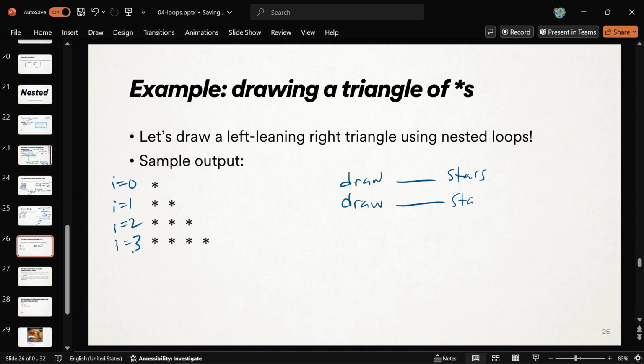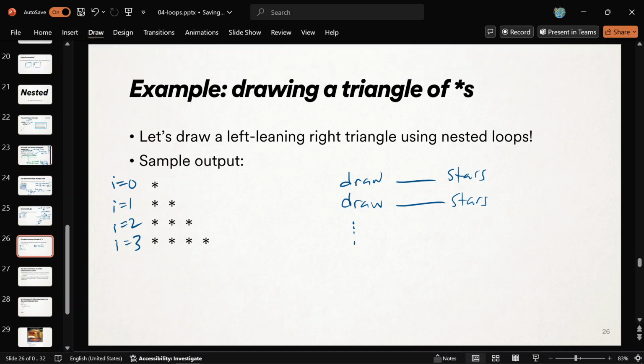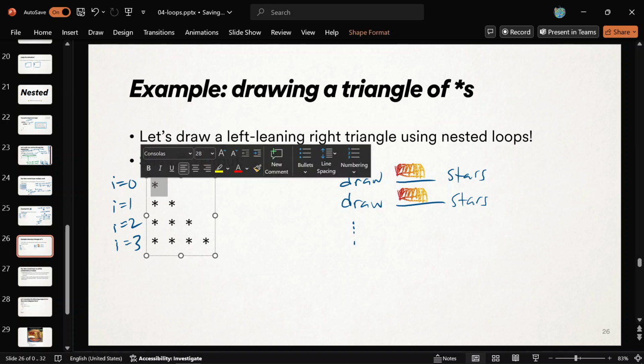And that's what is repeating, right? When i is ranging from 1 to 3, I want to draw blank stars where what I put in blank is the same calculation. Whatever I put here, it's got to be repeated, and it's just the body of the loop. It's got to be the same thing. I have to repeat that multiple times, and somehow it needs to do something different each line.